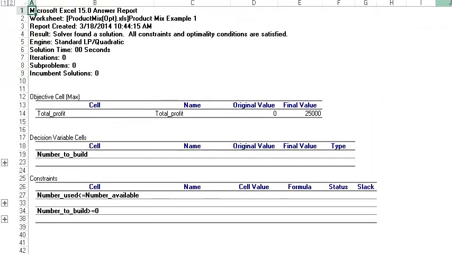When Answer is selected, Solver will produce a report that summarizes the original and final values of the decision variables and constraints, with information about which constraints are binding or satisfied with equality of the solution, and which constraints have